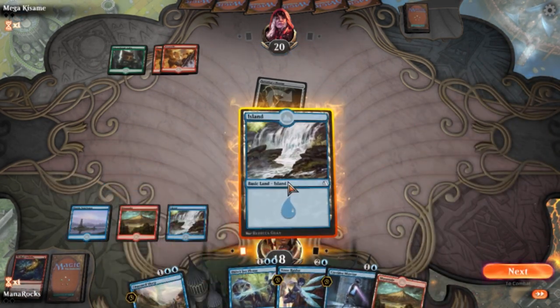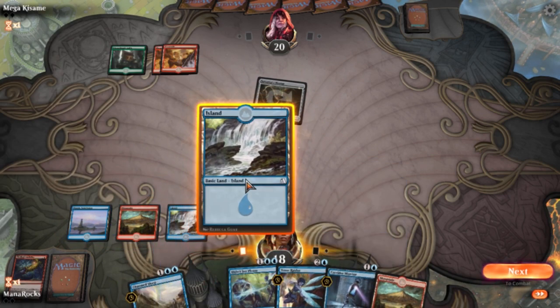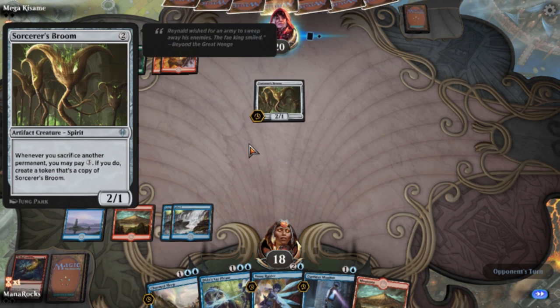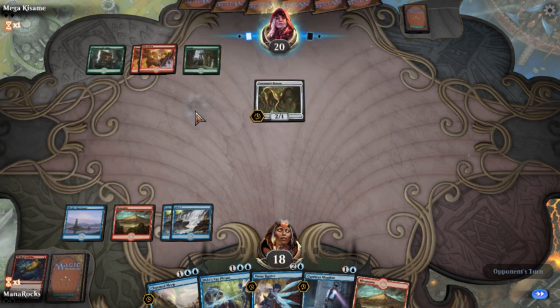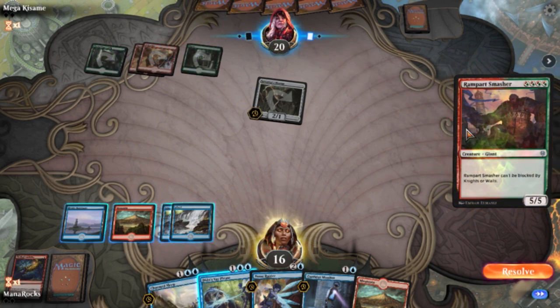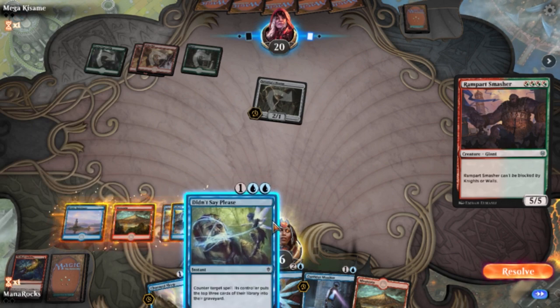And same deal. I think next turn I can go like Monitor into Didn't Say Please, so I think I'm fine just playing a land and passing here. I don't care about this Broom. I don't care about this Youthful Knight without first strike. Alright, 4-drop. Incoming. Ooh. Haven't seen a hybrid card yet in this video. Can't be blocked by Knights or Walls. Oh...